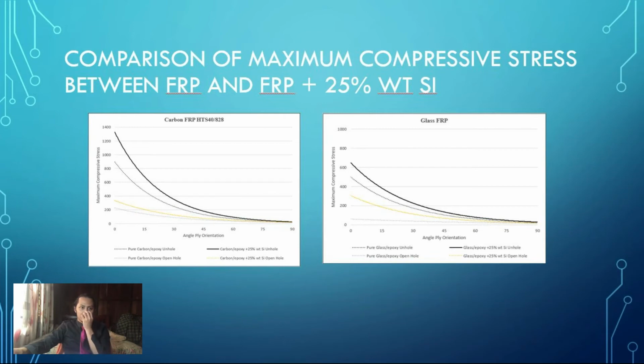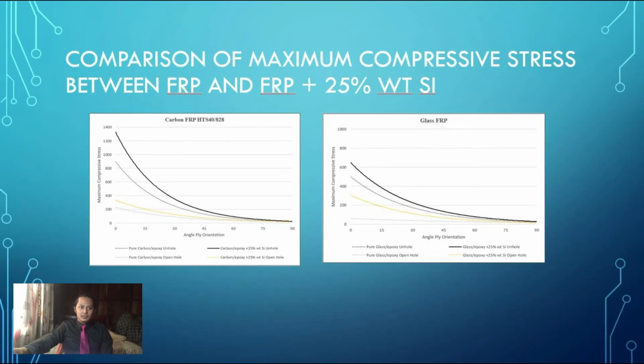826 MPa. It can be observed that the maximum stress increased with the addition of 25% of silica. The highest maximum stress obtained for specimens with added silica is carbon epoxy at 0 degree with 1300 MPa. The addition of silica within FRP composite further improved their compressive properties, as shown in the table. The effect of silica increased the bonding between fibers and epoxy.